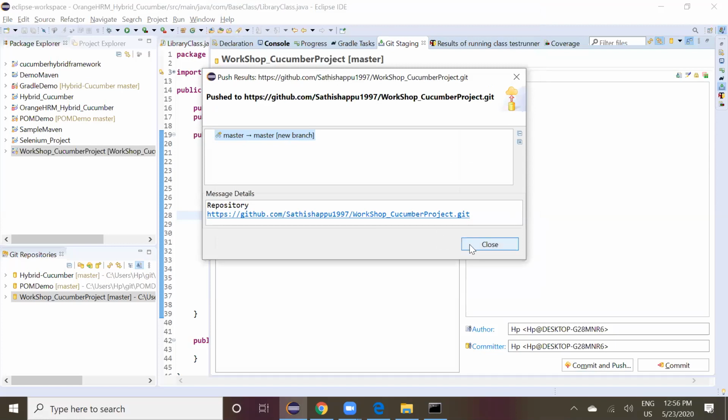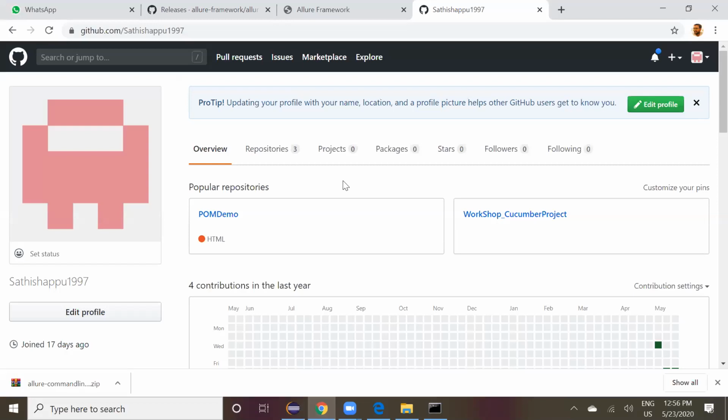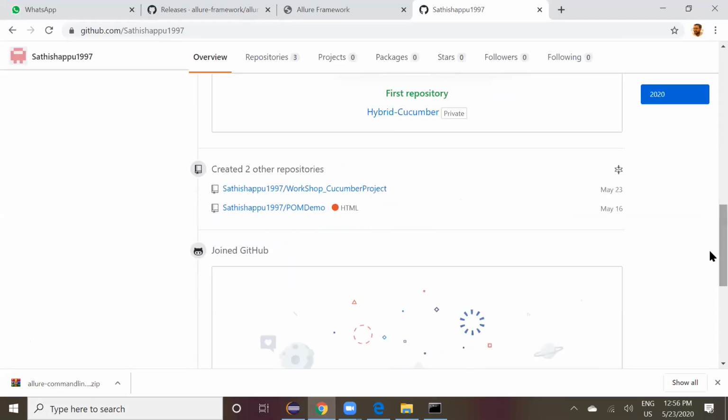Close. Okay, you're done, right? Go and check in the repository. It's done. Go and click it. Workshop, you go and click, Satish.